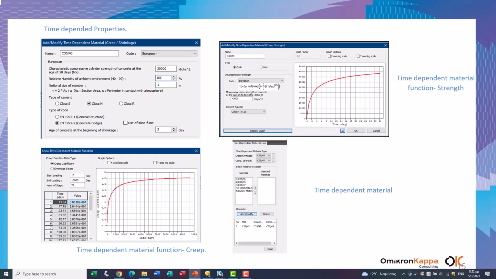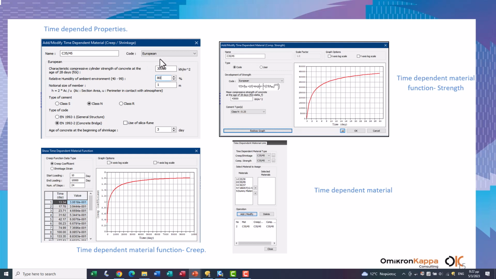For construction stage analysis, the input is the time-dependent material properties, which are creep, shrinkage, and strength gain. Midas Civil has a lot of codes that can be used for creep and shrinkage.